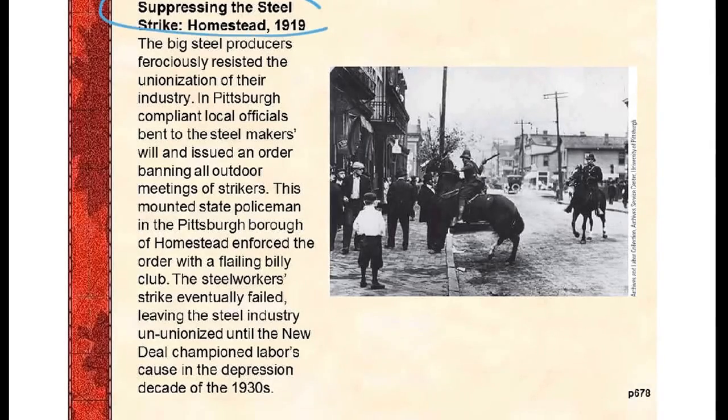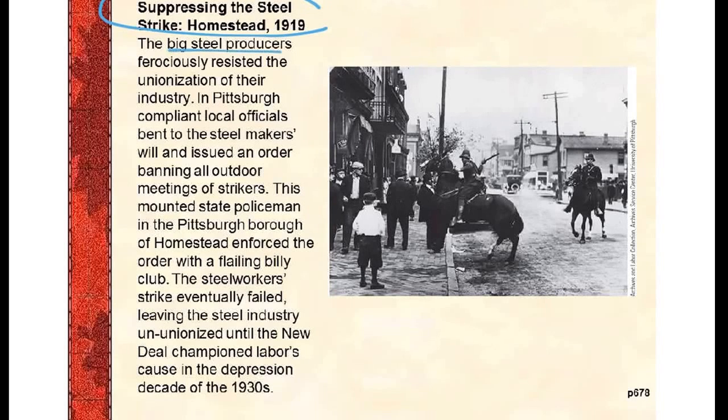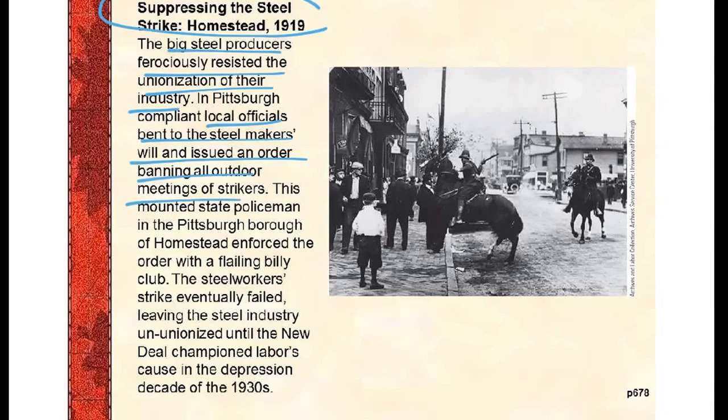This is a picture called Suppressing the Steel Strike in Homestead, 1919. This had big steel producers ferociously resisting the unionization of their industry, and in Pittsburgh, local officials bent to the steelmakers' will and issued an order banning all outdoor meetings of the strikers. This picture shows the mounted policemen in the Pittsburgh borough of Homestead enforcing the order, basically by beating one of